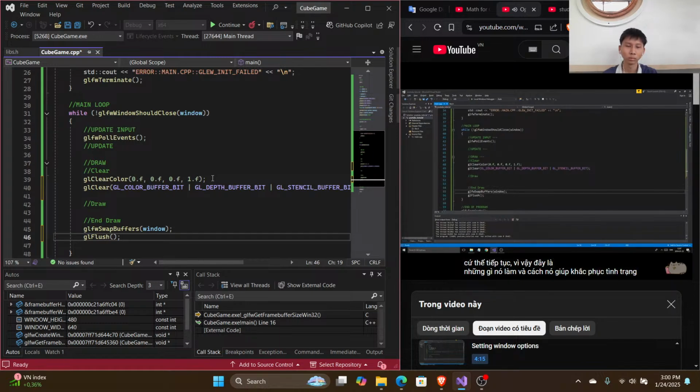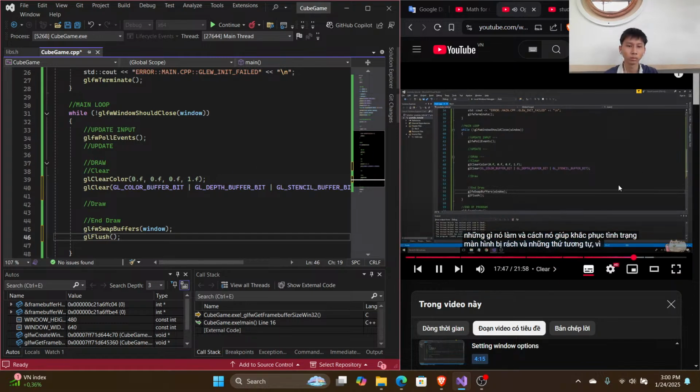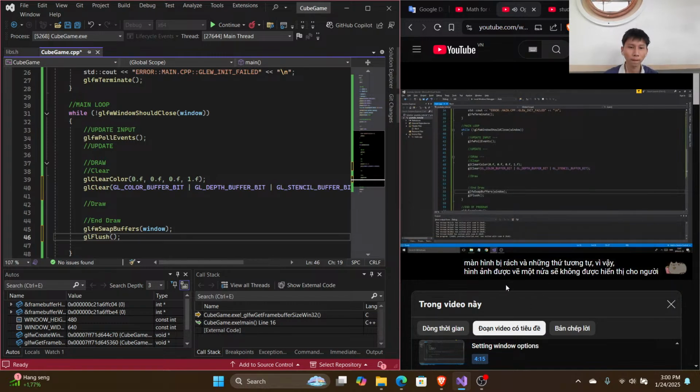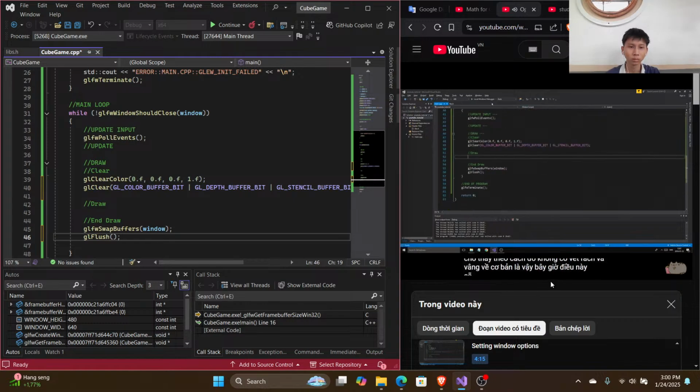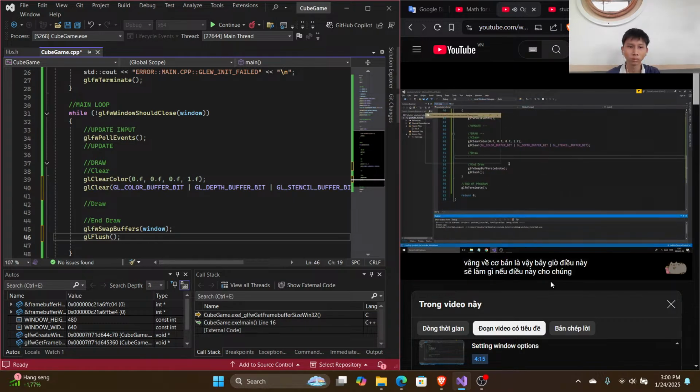And that's the way it helps with screen tears and stuff. A half-drawn image isn't shown to the user. Once the image is finished drawing, it's shown. That way there's no tear. And yeah, that's basically it. Now what this should do, this should show a black